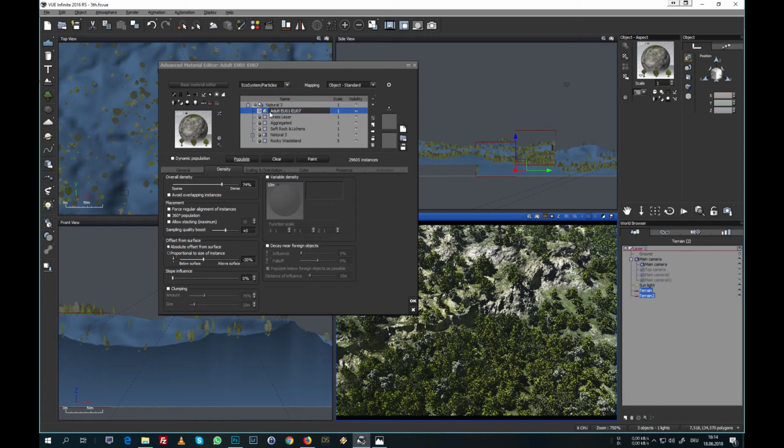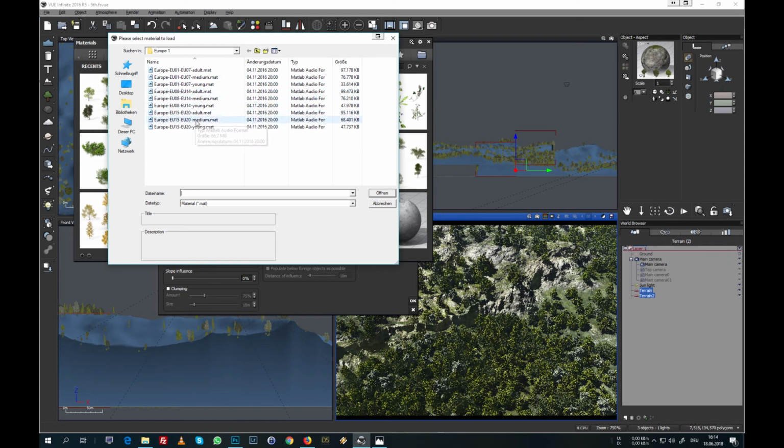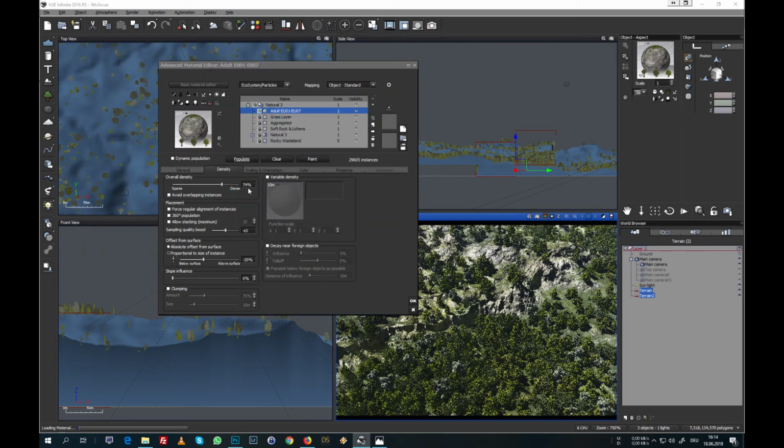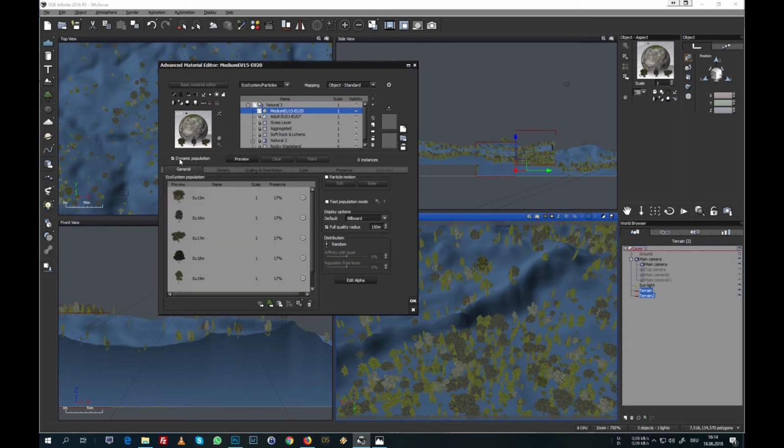So these were the adult trees. Now let's add some medium trees, and it's loading the trees into an ecosystem, and we have a second ecosystem layer with the medium trees. Again, disable the dynamic population, randomize these numbers a little bit to bring in some variation into it all,